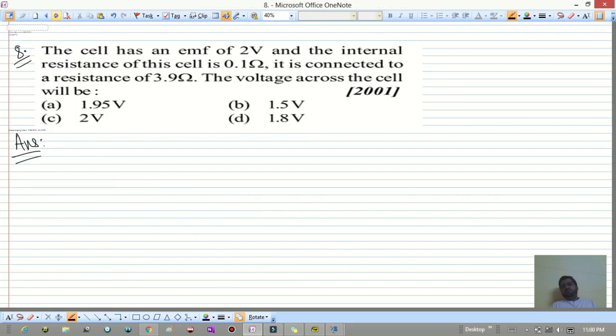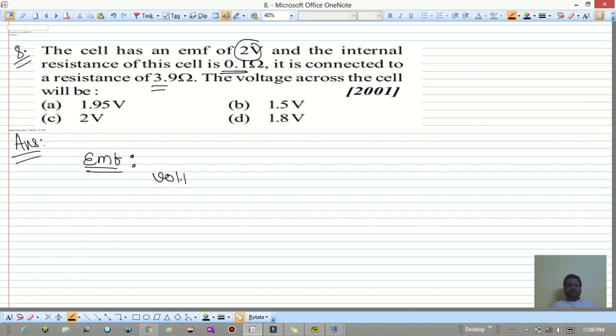Okay, so next problem. The cell has an EMF of 2 volt and the internal resistance of this cell is 0.1 ohm. It is connected to a resistance of 3.9 ohm. The voltage across the cell is? Voltage across the cell when the cell is supplying current is called the potential difference. So the difference between the EMF and the potential difference is, see, EMF is nothing but